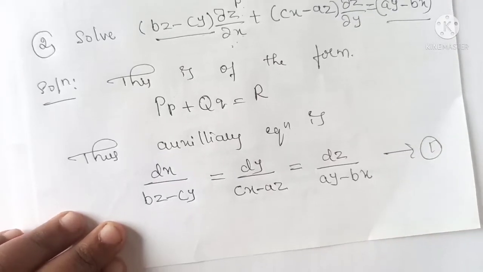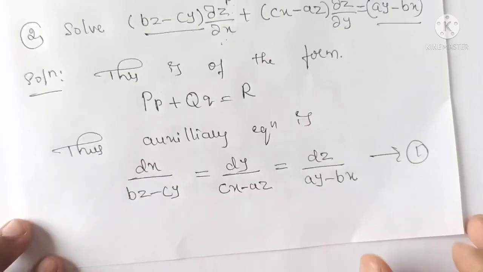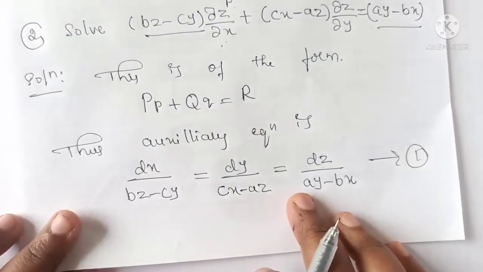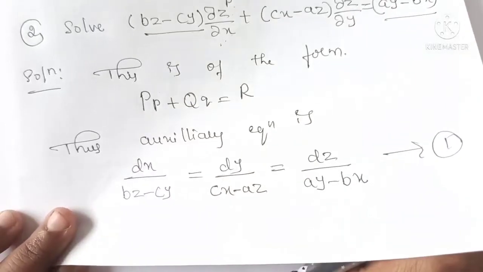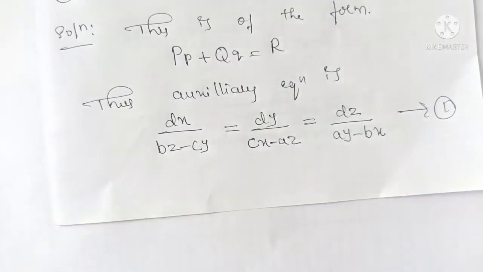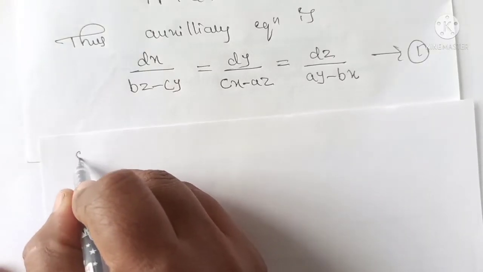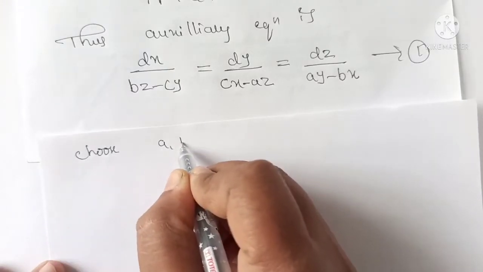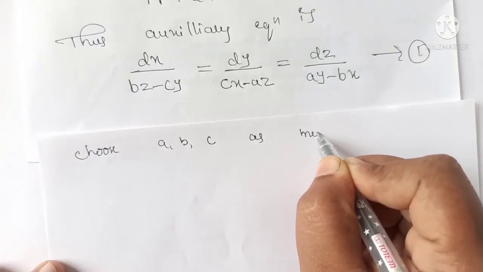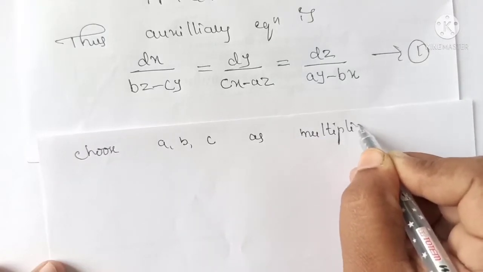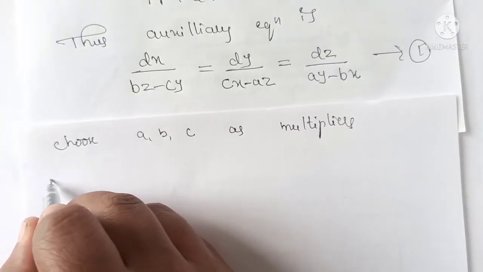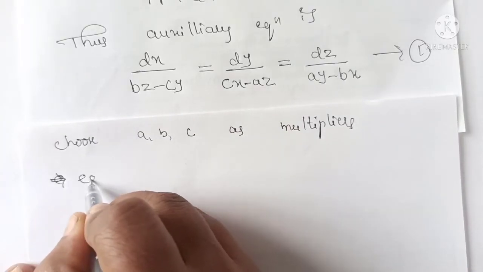Consider this as equation 1. So these are simultaneous equations. Again we can solve these by choosing multipliers or groupings. Here we can't solve this by the method of grouping, so we choose two sets of multipliers to get two independent solutions. The first set, we choose a, b, c as multipliers, so that we get each fraction